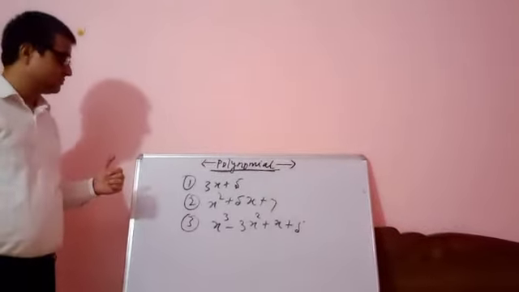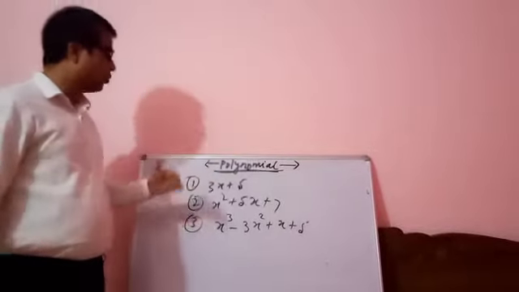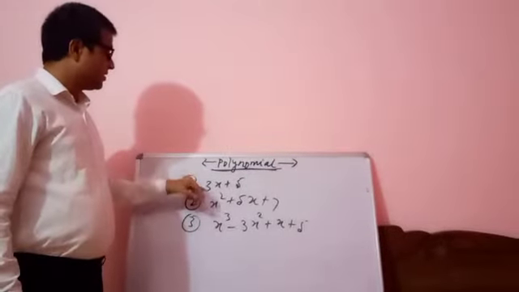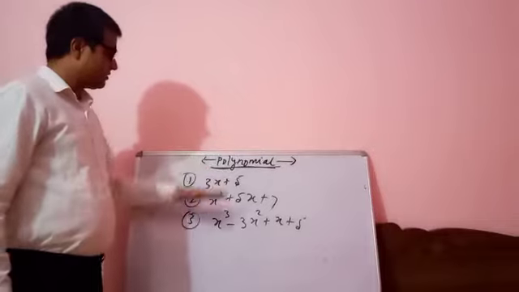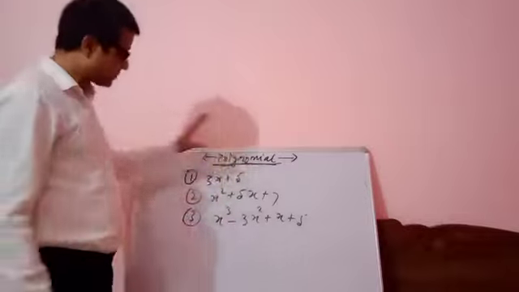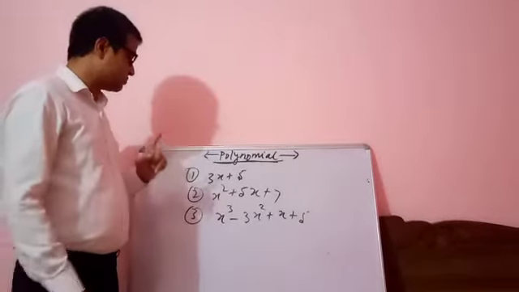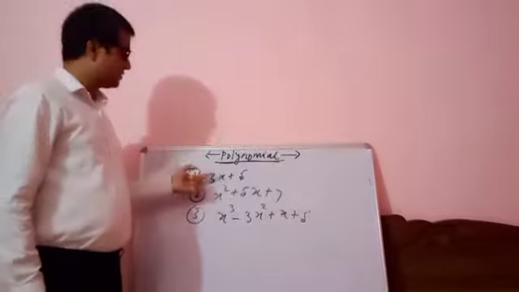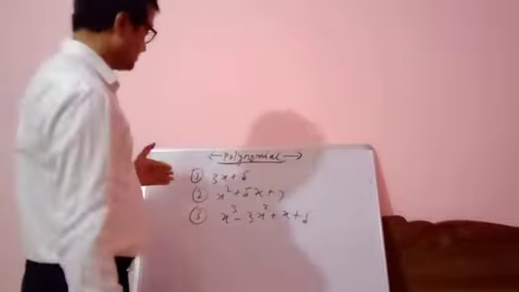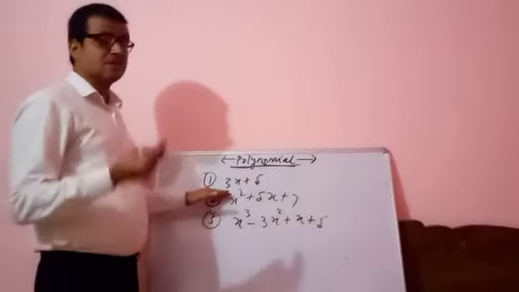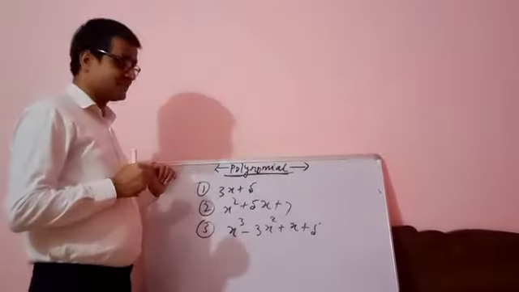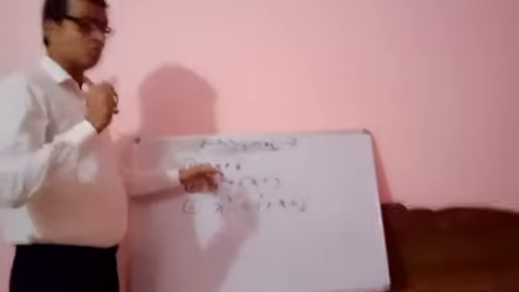Now let me give some more details about polynomials in one variable. Everywhere only one variable is involved, which is x. In all expressions only one variable is used, which is x. Here we have 3x plus 5. Let me say something more about how many terms this has. It has 2 terms. What's the maximum degree it has? It has maximum degree 1.